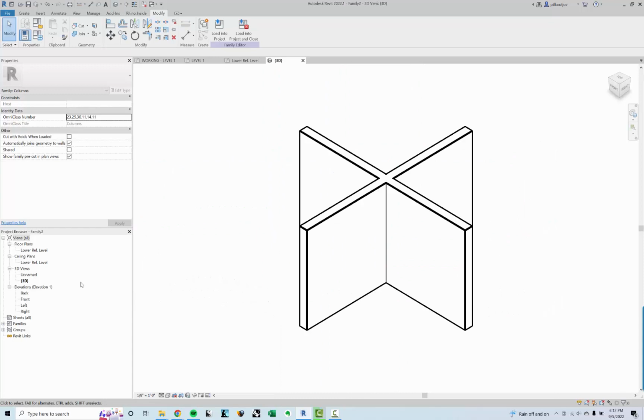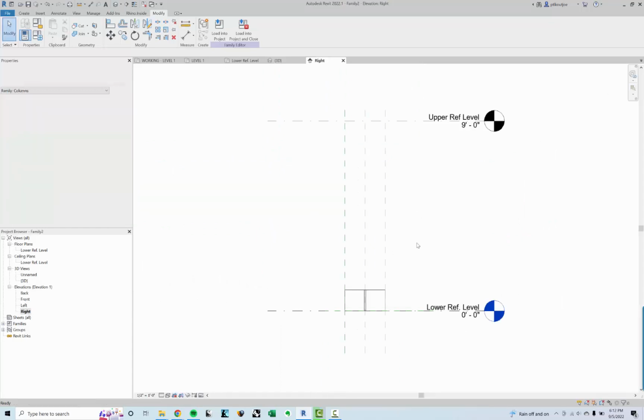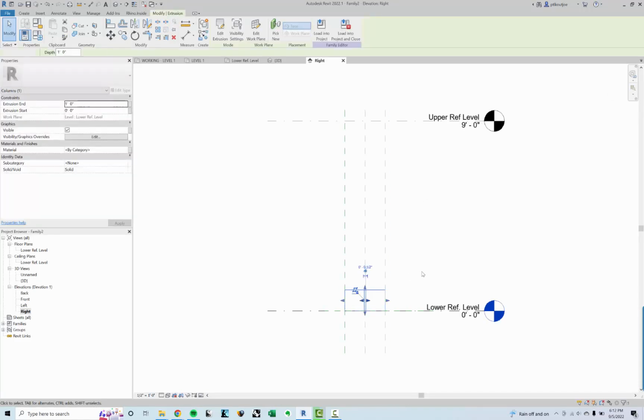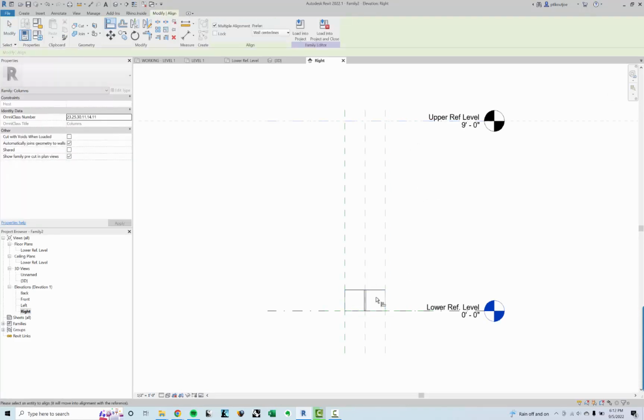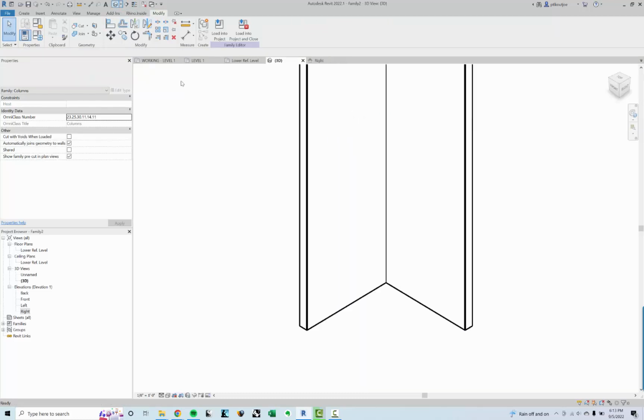And look at this, and let's look at this from a side view, because I want this to also be constrained to the upper reference level, so that if the height changes, the column will change. And I'm going to also constrain it to the lower reference level. But if I look at this in 3D,